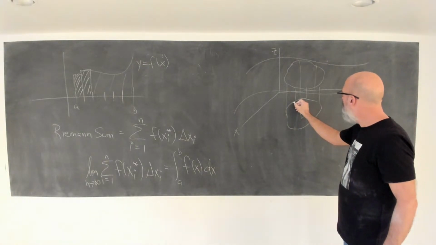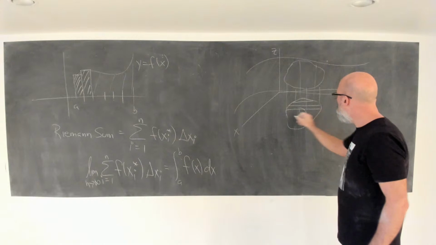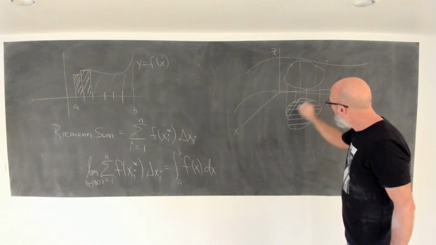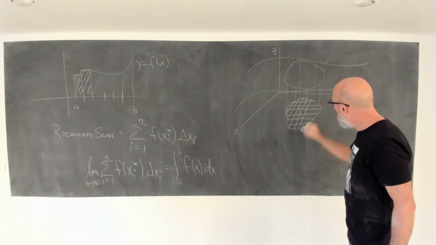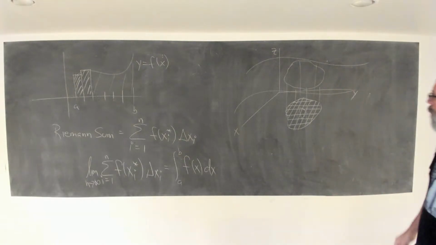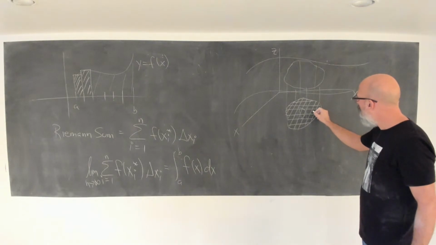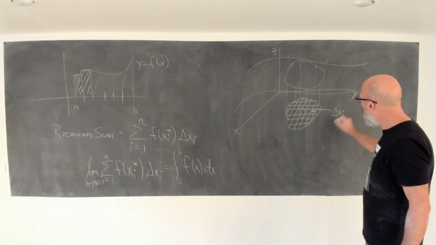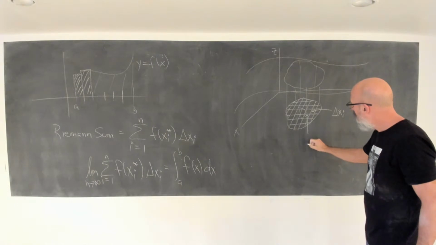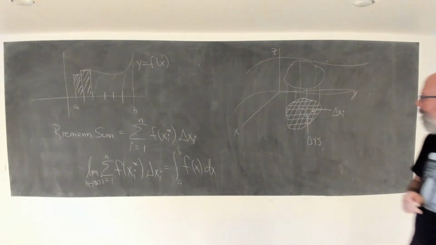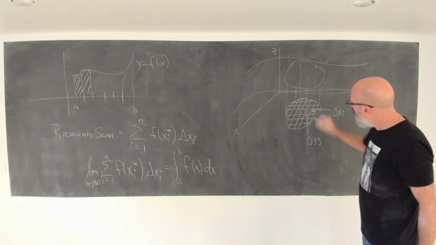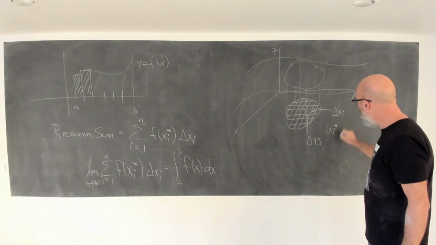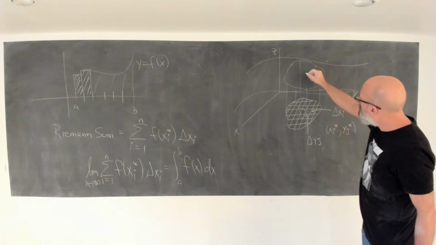If you partition this domain into some rectangles of length delta xi and width delta yj, and take a point xi star, yj star, look at its image,